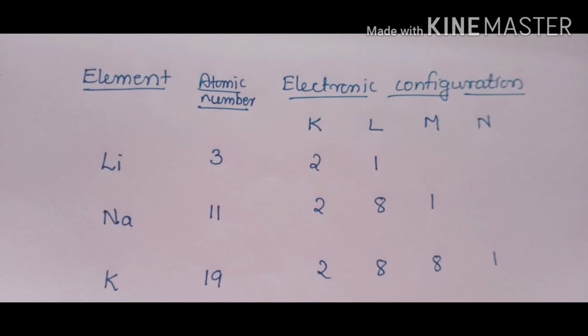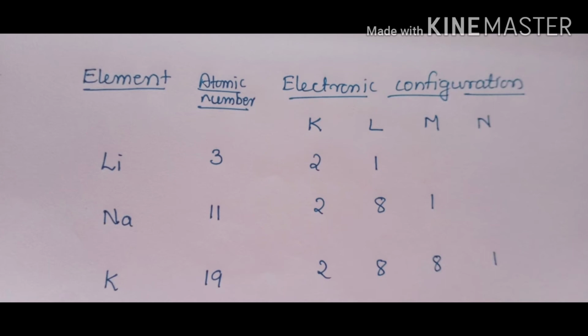It is the combining capacity of an element, that is, the number of electrons gained or lost by an atom of an element in order to attain octet. It is called the valency of that element. It is determined by the number of valence electrons present in the outermost shell of an atom of an element. Within a group, the valency remains the same. It is because within a group, the number of valence electrons are same.